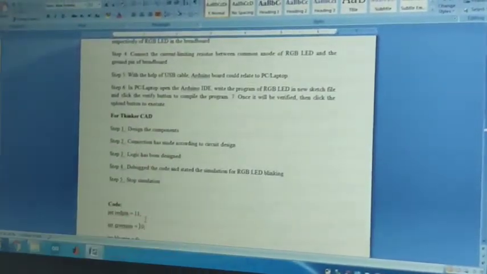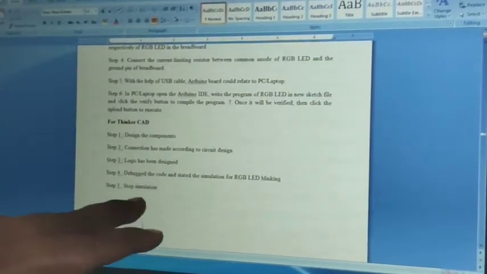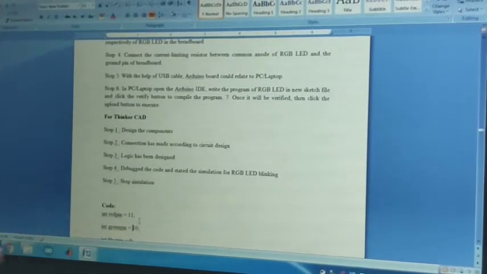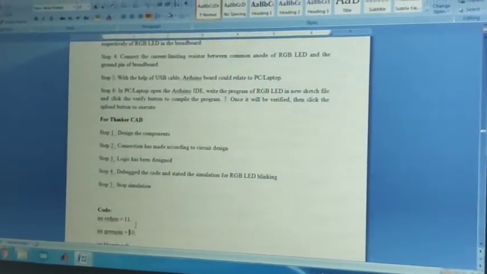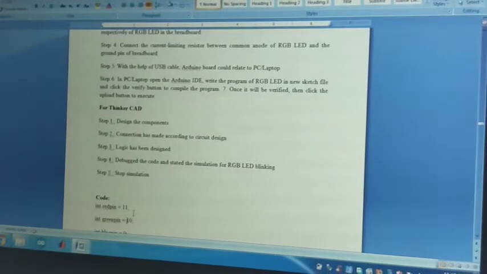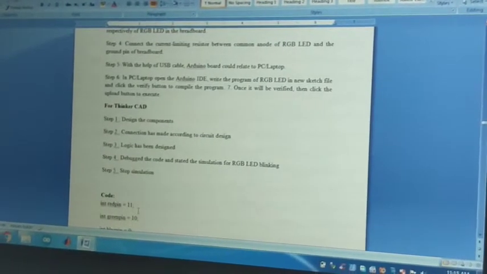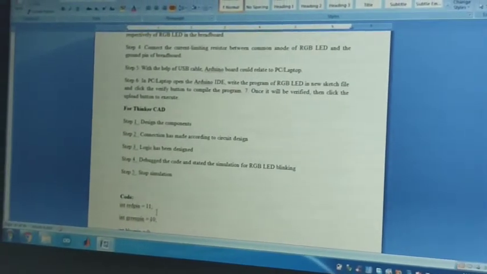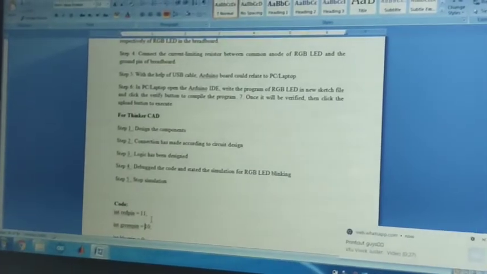And this is the Tinkercad procedure. We design the component, and we make our circuit design, that is our physical design. The logical design is our coding part. We are going to debug that, and we are going to simulate, right?